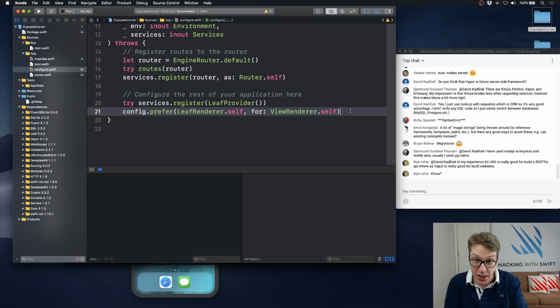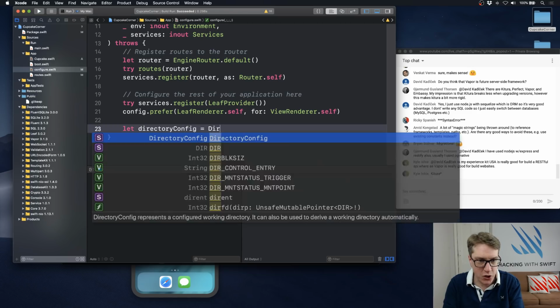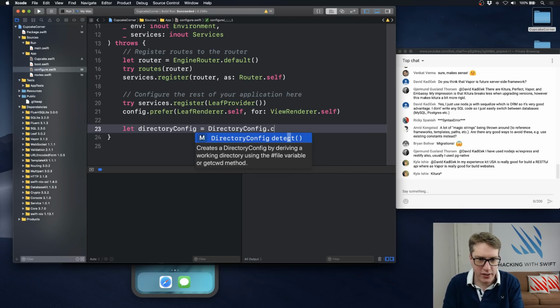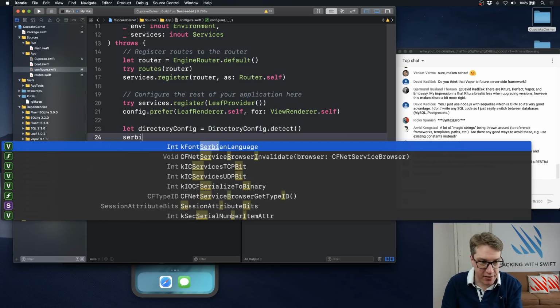And there's a bit of code for that, but it's not terribly hard. We say let directoryConfig equals a new DirectoryConfig.detect. So it'll figure out the current directory where your Vapor system is running from right now. No matter where you are in the world, what system you're on, what platform you're on, that will find out where you actually are. And we're going to register that thing,